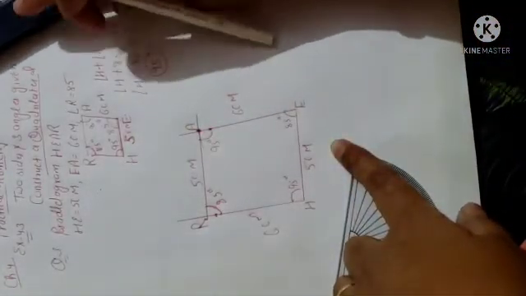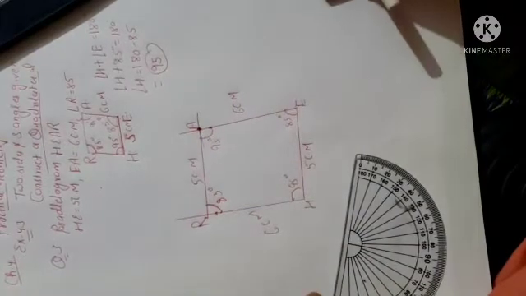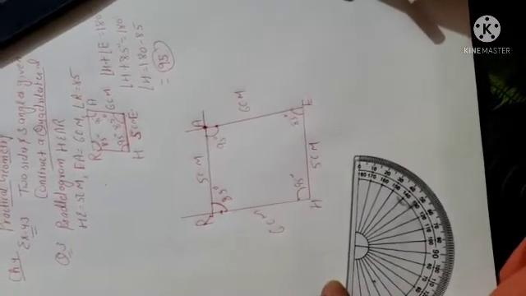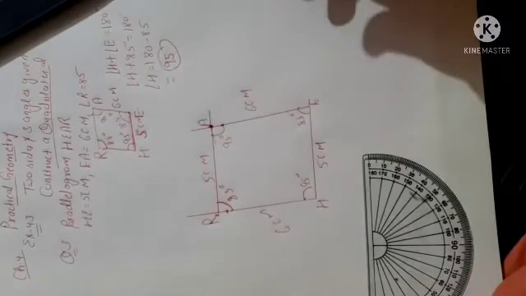So you can say this is your required parallelogram HEAR. Is it clear, beta? This is your required parallelogram HEAR. So how will you construct the parallelogram HEAR? So simply, beta,